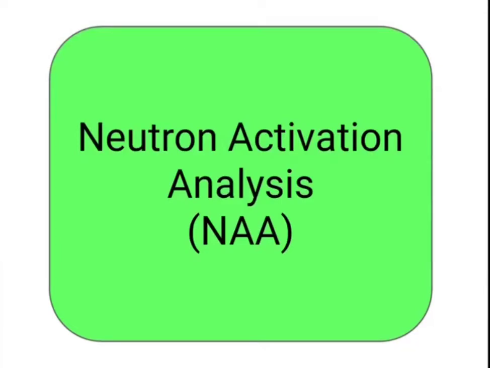Friends, today we are going to see one new point from nuclear chemistry, and that point is neutron activation analysis, that is NAA. In this technique, the element whose amount in a sample is to be determined will be transformed by the N gamma reaction into its radioactive isotope, and from the activity of the product, the amount of the target element will be calculated.